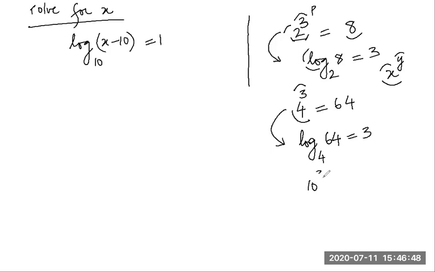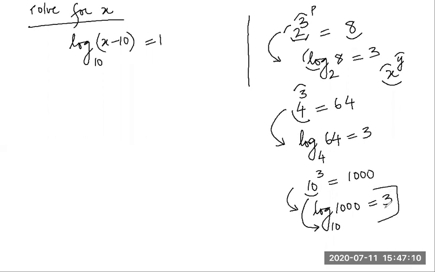Falgun, do this please. 10 raised to power 3 is 1000. Convert this into log. Log of 1000 to the base 10. Yes, because 10 was the base here, here also 10, is equal to 3. Beautiful. Very good girl. So similarly, now this is logarithmic form. We want to solve for x. How will you convert this into exponential form, students? Anyone can do.